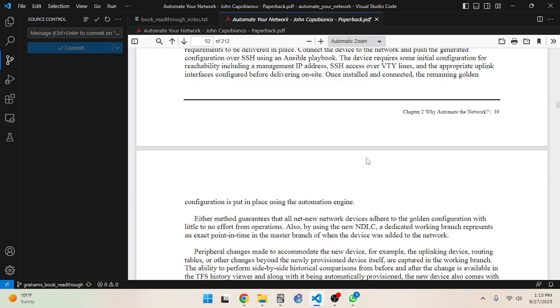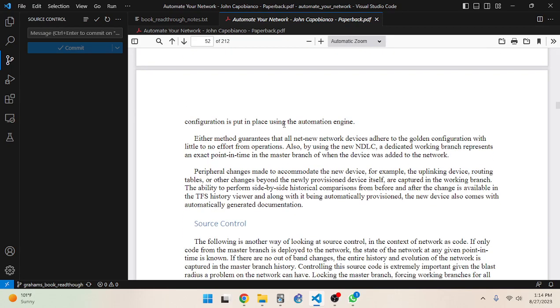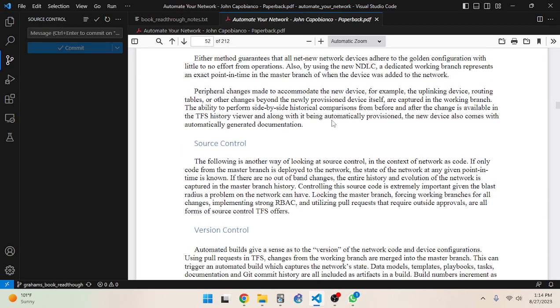If that is not the case, then you need a special temporary golden configuration for your out-of-date operating system, and you want that golden configuration to be the commands required to update the operating system. And then after that, you need another golden configuration for the standard business as usual golden configuration for the operating system that you want to use. So either method guarantees that all